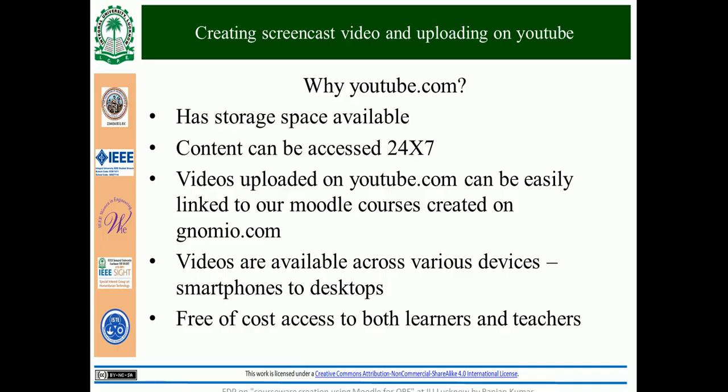The website youtube.com offers us a storage space which is available for all the users. The content can be accessed 24/7 by all the students at any location they prefer. The videos uploaded on youtube.com can be easily linked to our Moodle course created on genomio.com, or even if you are using moodle.org website. Videos are available across various devices from smartphones to laptops, desktops, and the students have the